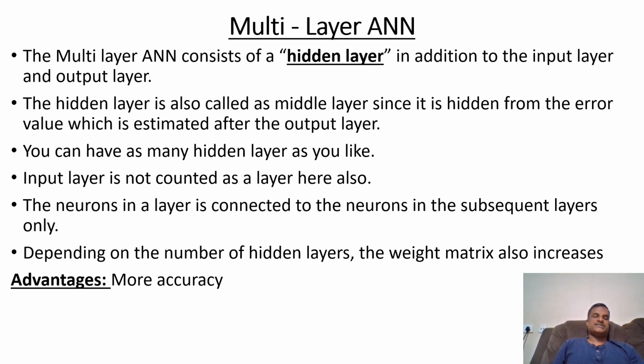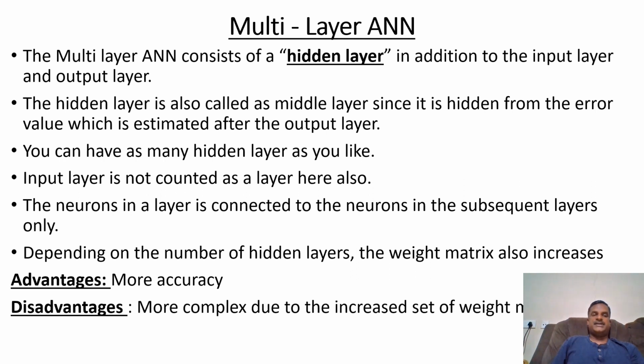What are the advantages? The main advantage is better accuracy. How do you say your single layer ANN has less accuracy and your multi-layer ANN has higher accuracy? This is because of the number of neurons. That may be one of the reasons. Due to the increase in the number of neurons, the decision taking possibility has also increased. But always keep in mind, just by adding neurons, you are not going to get a better result. More complexity is one of the drawbacks due to the increased set of weight matrix. When the number of weights increases,